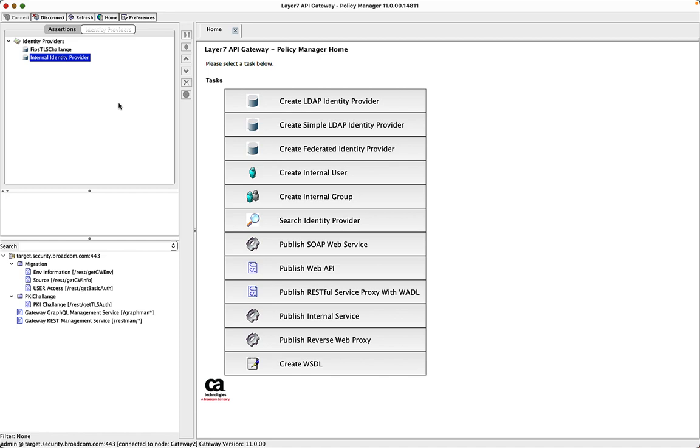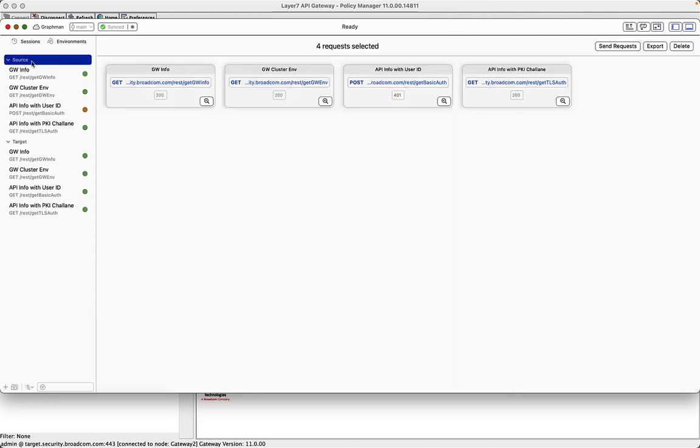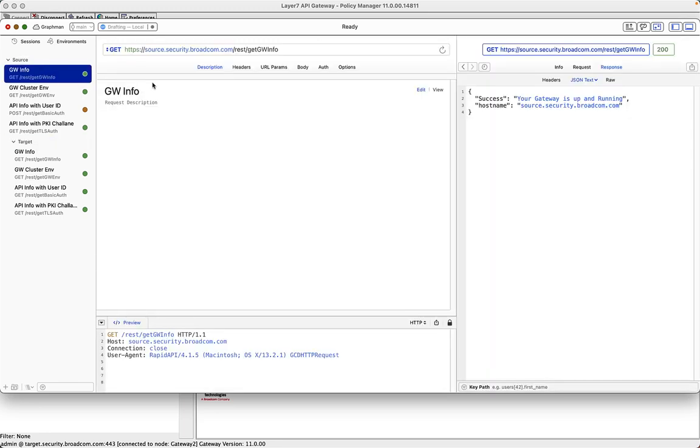Now let me take you to a Postman kind of tool, which is PAR, to execute these endpoints and see whether it works for us. We are in the final segment of this demonstration. If you see here, I have a source gateway as well as the target gateway. As part of the source gateway, I'm executing the gateway info, which brings back the cluster-wide host information. Initially, it was source.security.broadcom.com, but when I execute this from the target, it should have changed as part of my migration flow. Now it says